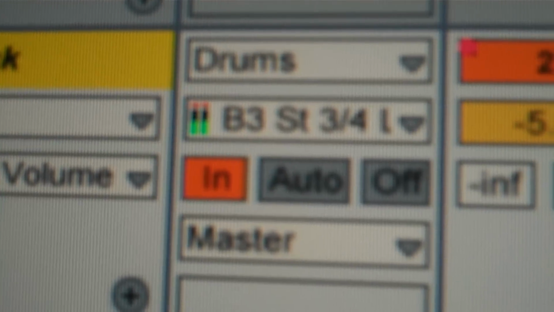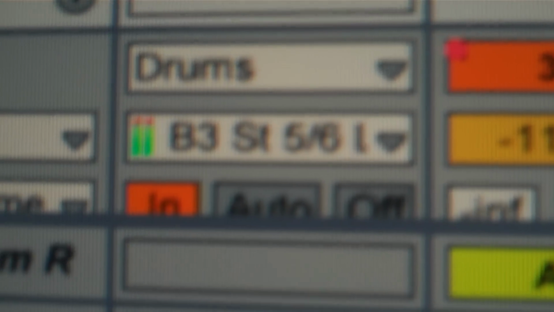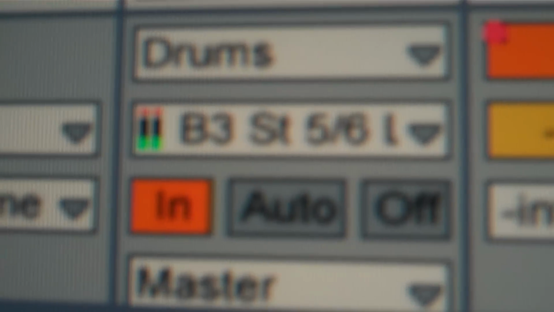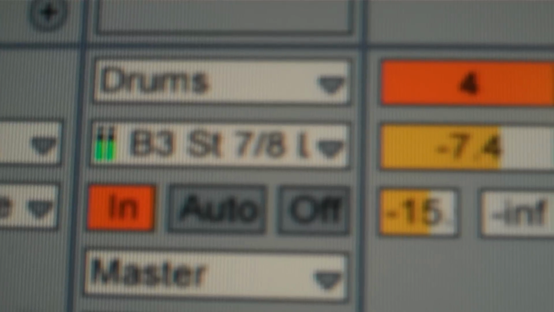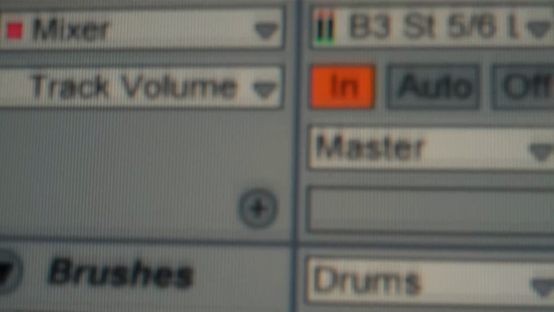Now I named my Battery track drums, so when I click on my drop down menu you can see that I selected drums for each element, and then I named them kick, clap, shaker, or whatever other drum elements I have. Once I do that, I select my Battery output 3, 4, 5, 6, 7, 8, and then I switch